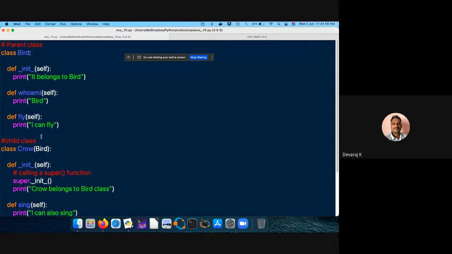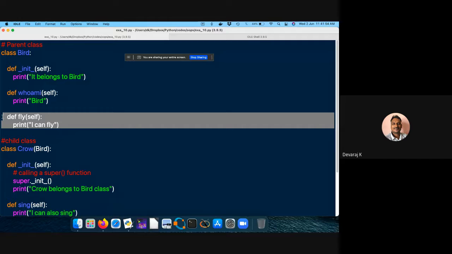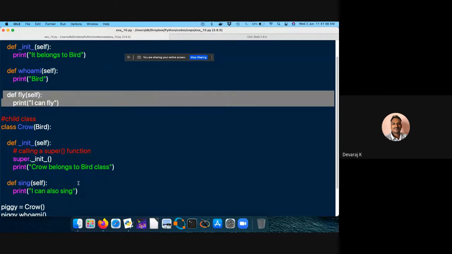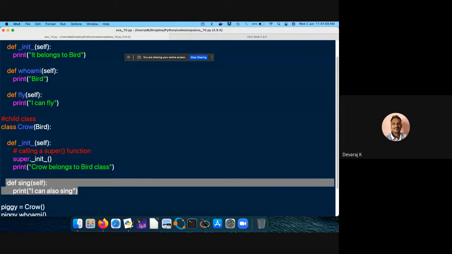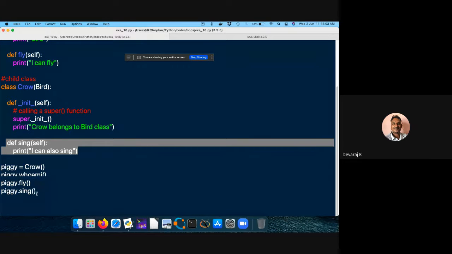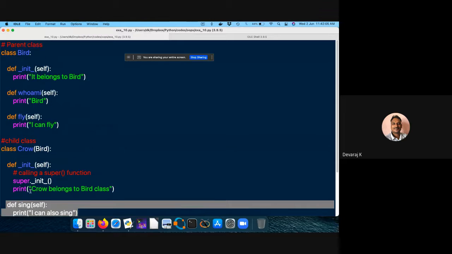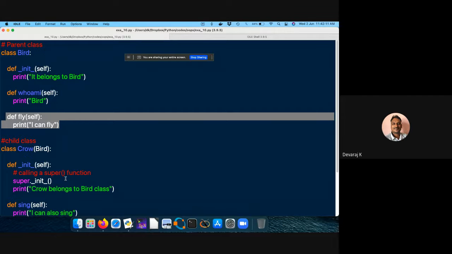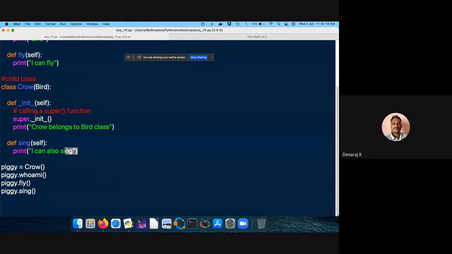One is this one, then the second one is what I can do in your child class. So when I try to call from your main program, I'm able to get the output from your parent class as well as from the child class.